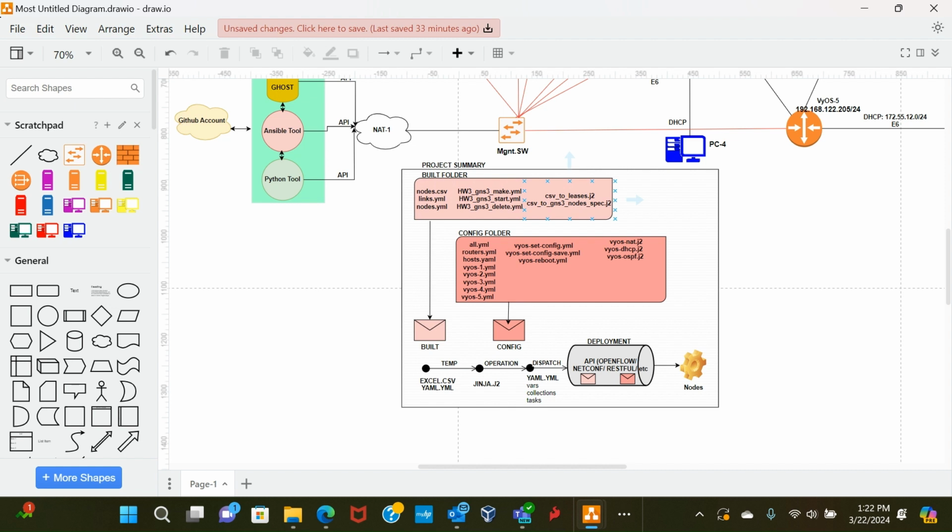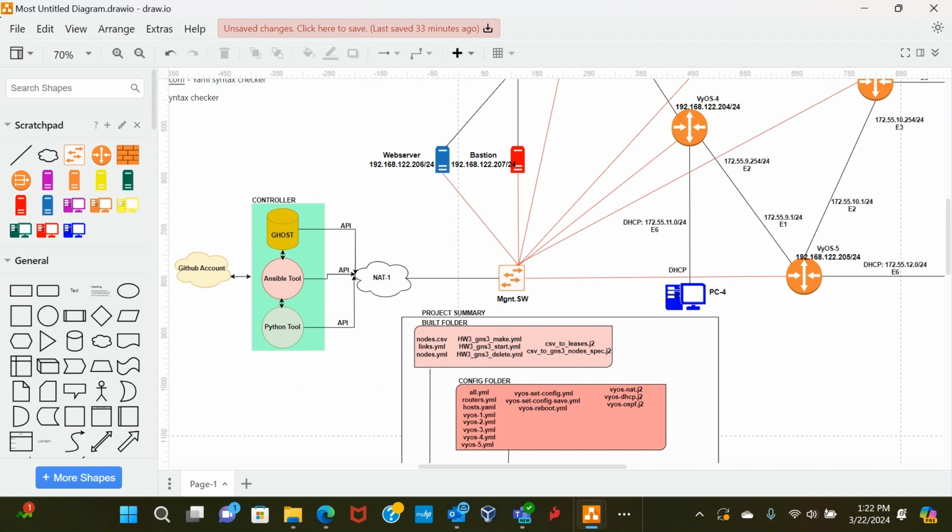I just need you to have a general overview of what we are talking about first, and I'll show you the full content of all that we are doing here. So we'll be using the makefile to actually go in and build the topologies for us once we have inputs from the nodes, the links, and all that, as well as the Jinja template. So in terms of this, you can see that the name is clear.